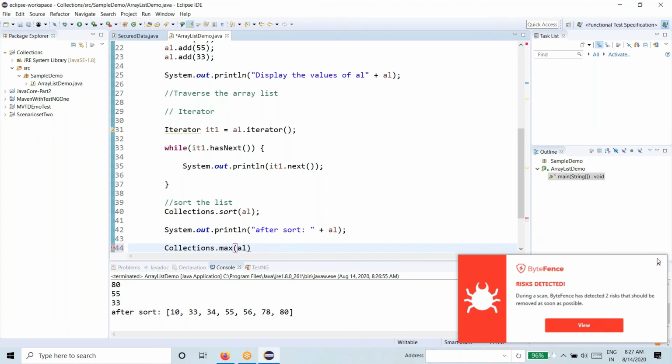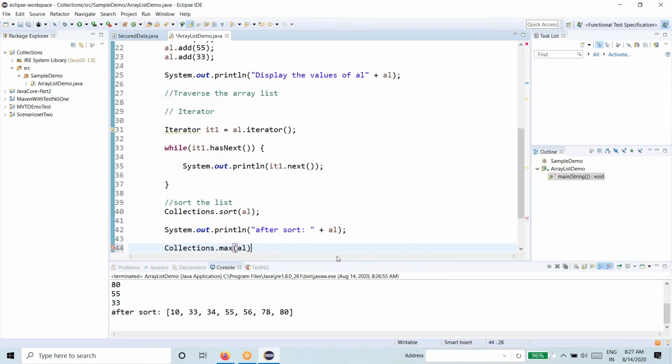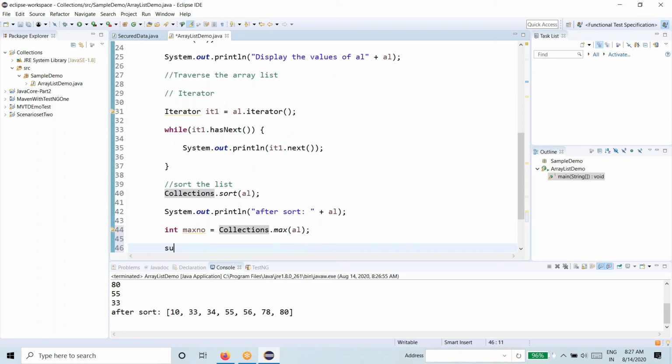Fine. Now, it's a single integer. So max number equal to, now I can print. It is like one line of code will do one operation instead of writing many lines of code. That is the reason by using different APIs we can achieve the code optimization.